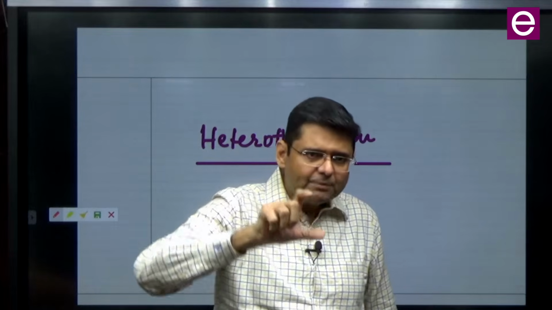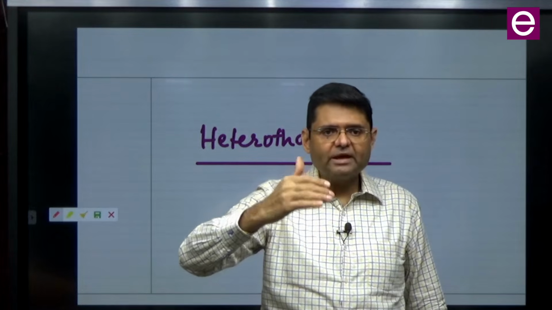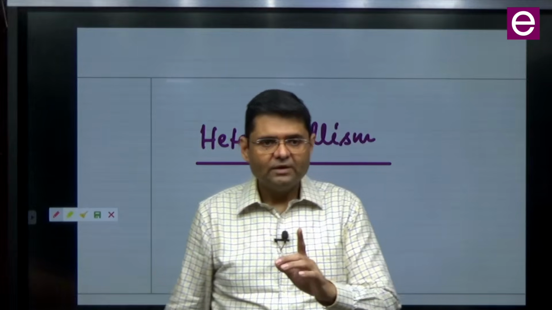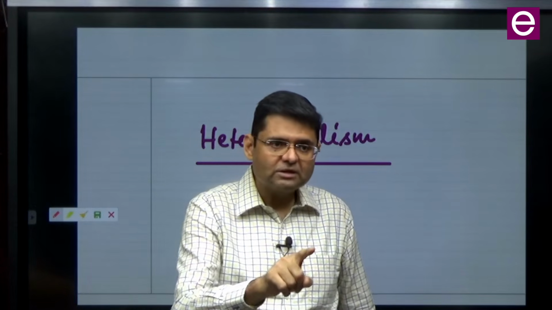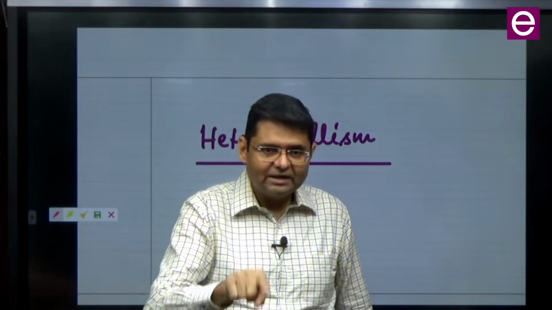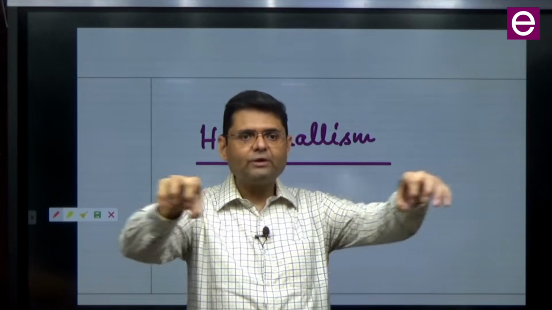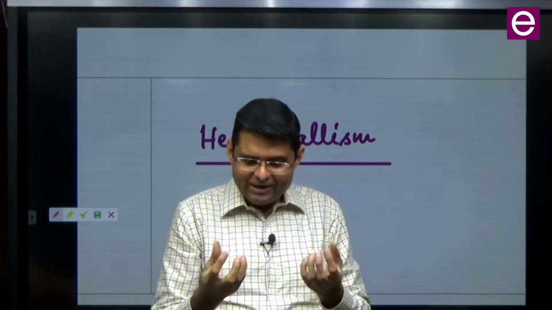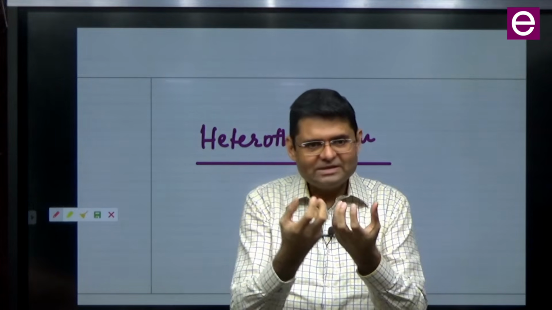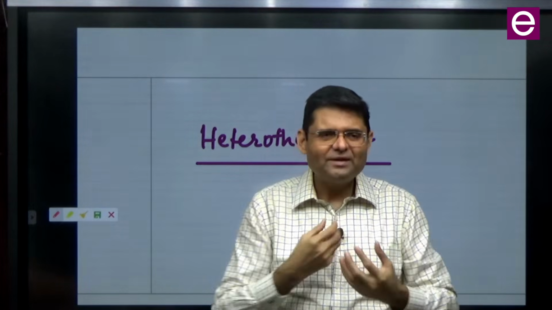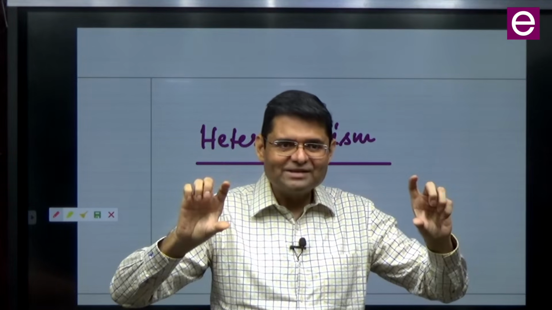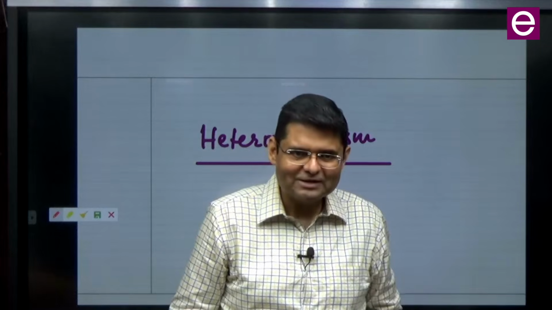If the prime purpose of sexual reproduction is to bring about genetic mixing and genetic novelty, heterothallism is a superior type of sexual reproduction, because it insists that gametes must come from two different genetic types. You got my point? Because if the gametes are coming from the same genetic type, even their union is not going to give you that desired recombination for which you are carrying out sexual reproduction.